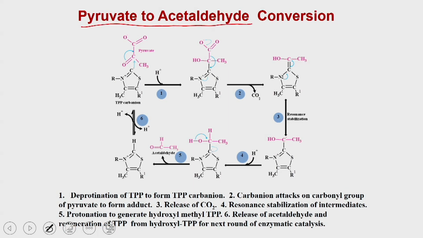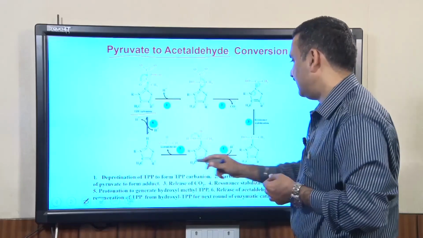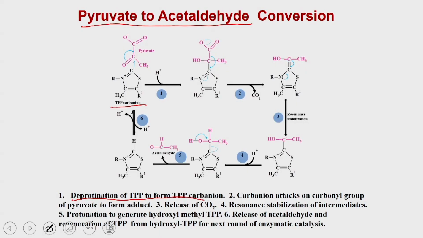In this, the pyruvate decarboxylase has the TPP as a cofactor. So, TPP is present in the form of a carbanion, and that binds the first molecule of the pyruvate. So, the first reaction is the deprotonation of TPP to form the TPP carbanion, and that binds the pyruvate. So, it attacks on the pyruvate molecule, and that is how you are going to have the complex. Once this complex is formed, one molecule of carbon dioxide is being removed, and that is how you are going to have the